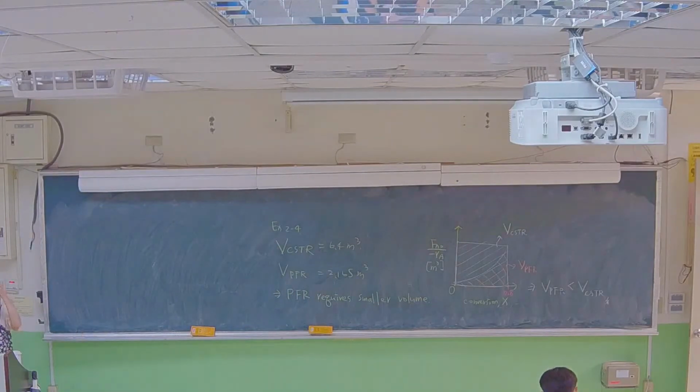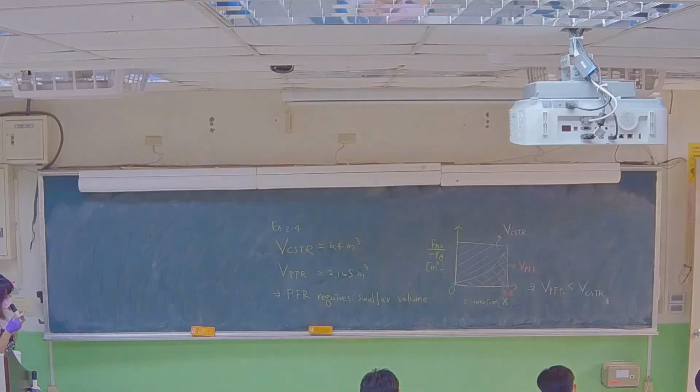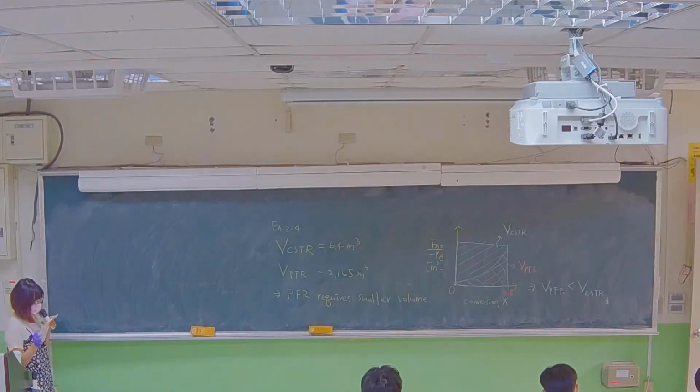Reactors in series. Usually reactors are connected in series, not a single one. We don't use a single reactor; we do the connection in series. So how to calculate the conversion X in a series system? First, we define the conversion. Please go to slide 25. Reactors are connected in series so that